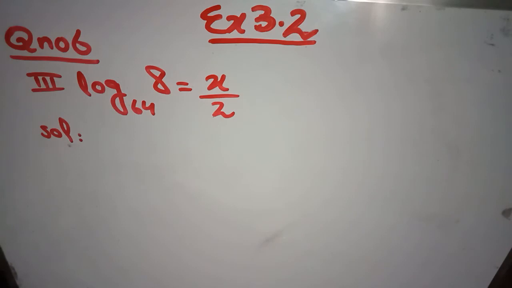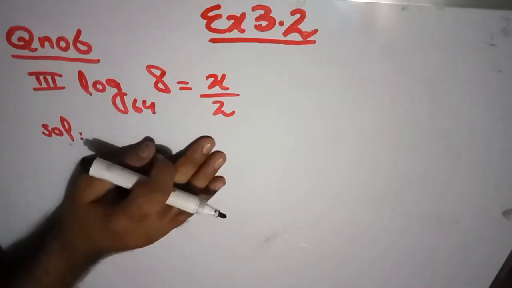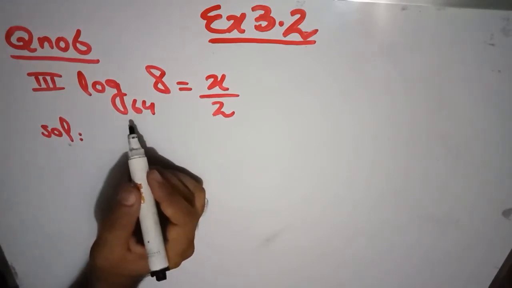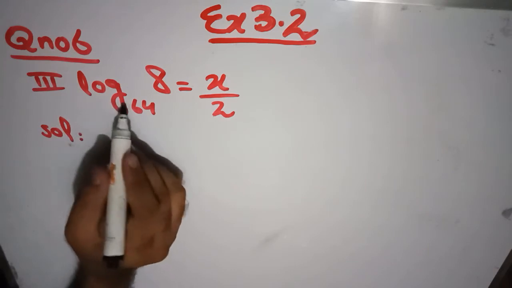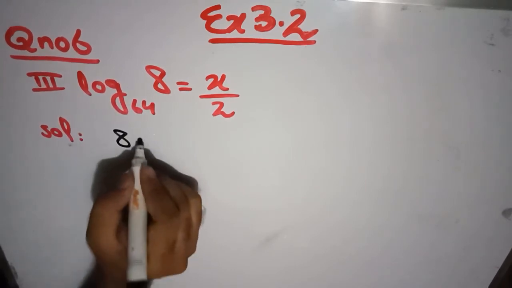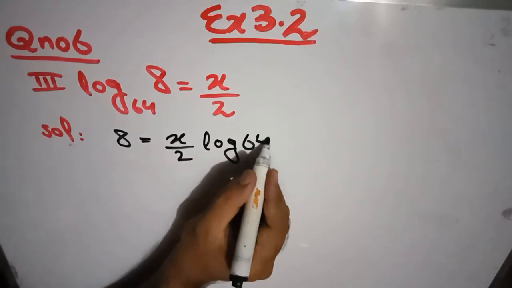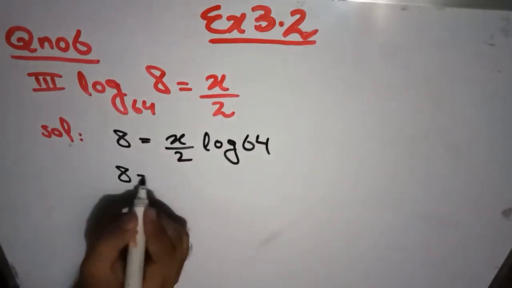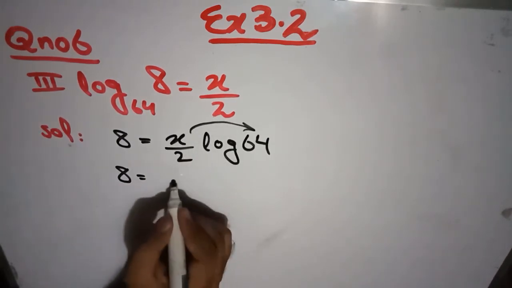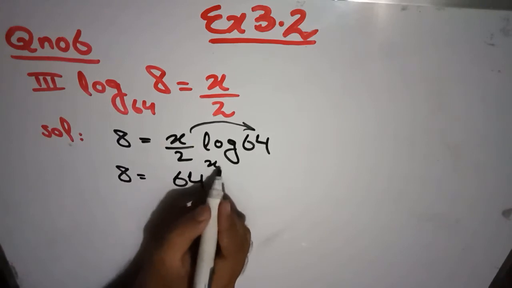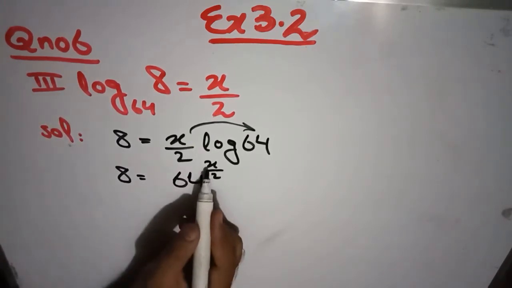Now we will solve the third part of question number 6, that is similar to question number 4. So it is very easy, same method you will apply here. So it is base in this side, simply you can write the multiple on the other side like this one. Okay, now 8 is equal to this will go to the power of 64, and by using the property x by 2 it will become this one. So you have to find the x.